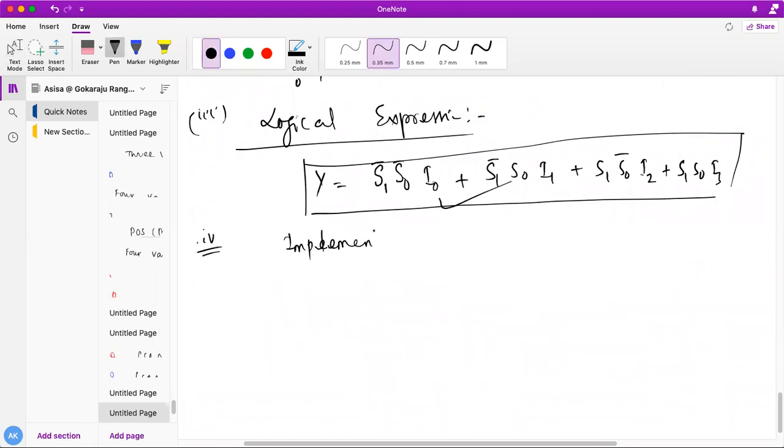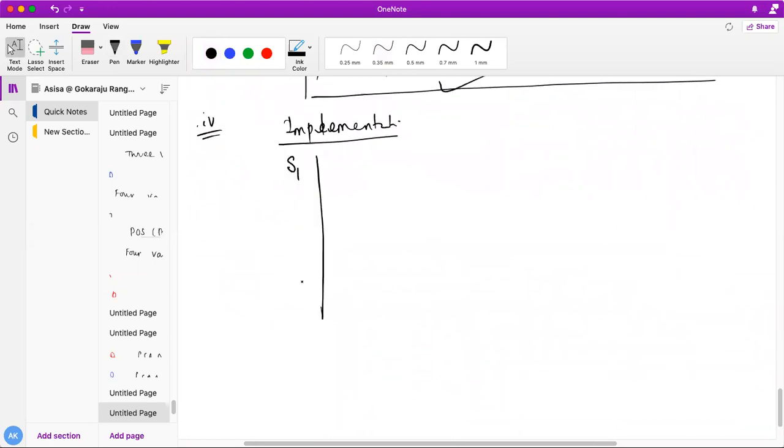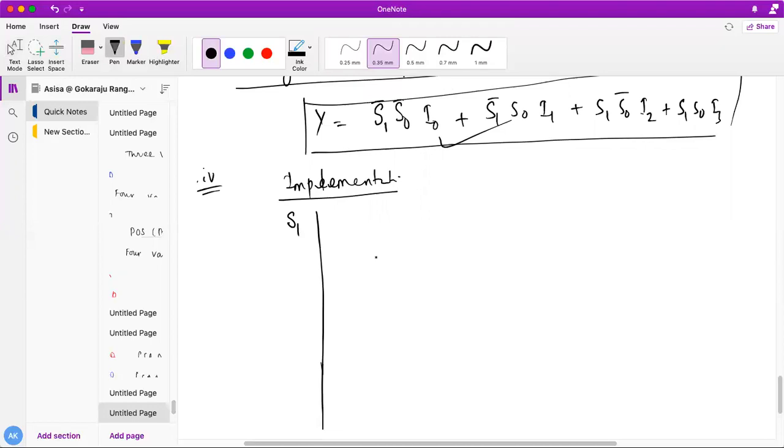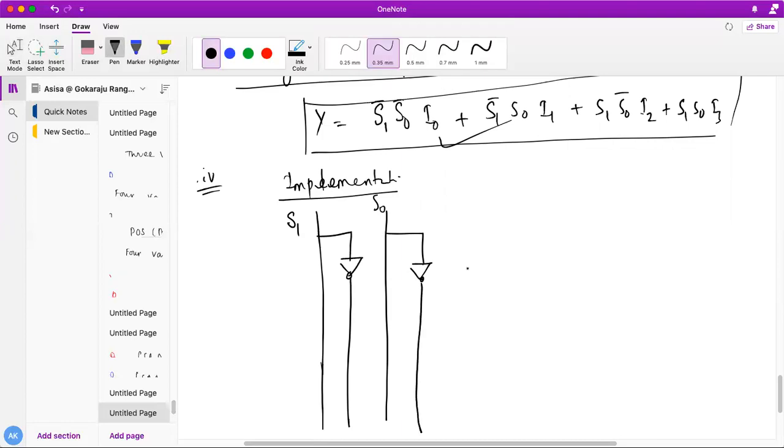For implementation, as I told you, there are two select lines. So let's say this is my S1. Sometimes S1 is as it is, and sometimes S1 bar is also there. So this is my S1 bar, and next S0, and there will again be S0 bar. Then I0, I1, I2, I3 are there.